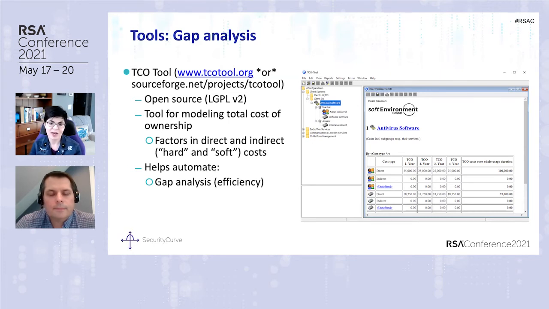I remember way back when SIMs were very new, and I worked at a vendor that had a SIM, the license cost was X, but the actual cost of implementation and total cost of ownership was 10 to 20x per year. If the company was getting that kind of value out of the tool, that's fantastic. But it's a really good reminder that the licensing doesn't cover everything. You also have to think about the soft cost of your resources and your people, and how they're interacting with that control, to get a real idea of the total cost of ownership. So a tool like this can really help with that gap analysis on efficiency.